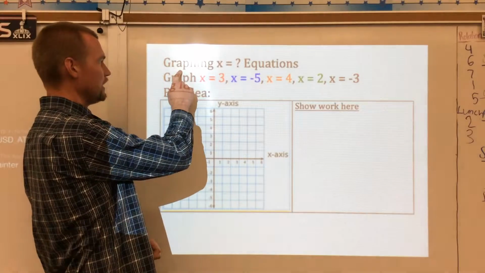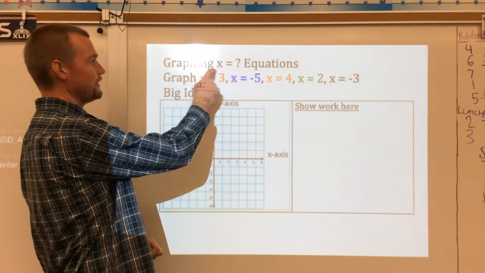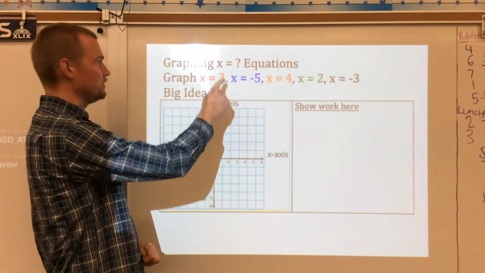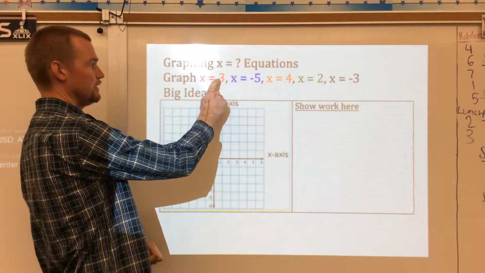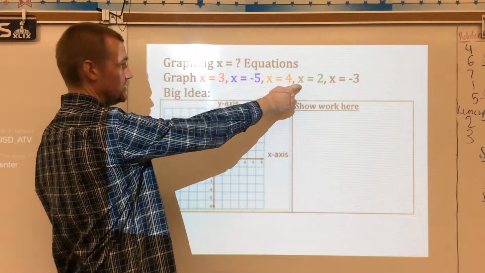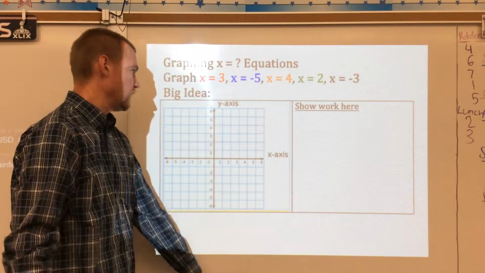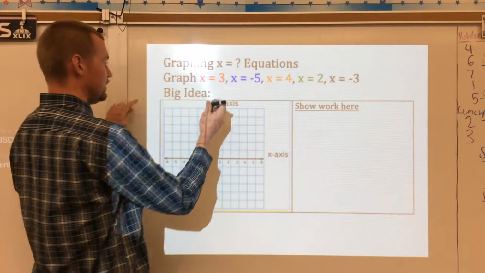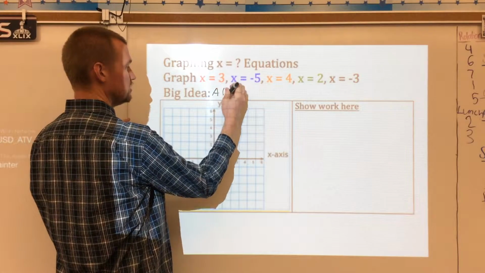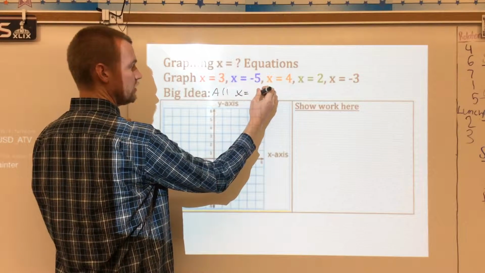All right, what we're going to do is learn about graphing x equals equations. Notice x equals with the question mark, because that depends on the number that's being plugged in. But in this particular case, there are no y values whatsoever. All right, the big idea here is all x equals equations